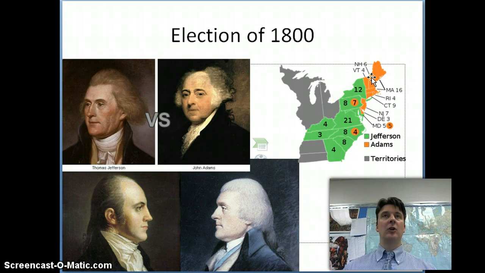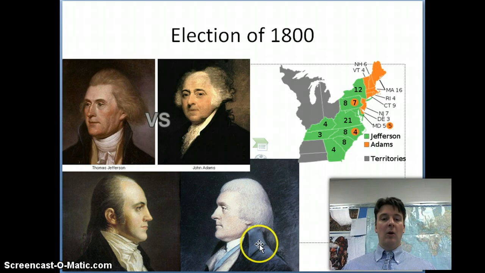The whole problem was that you were supposed to vote twice, once for the president and once for the vice president. As a result, all the Democratic Republican electors in these green states here, they cast 1 vote for Jefferson and 1 vote for our good friend Aaron Burr. As a result of the election was tied between Jefferson and Burr. So it went to the House of Representatives. That is what happens in the case of ties. It goes to the House of Representatives, and each state gets 1 vote. So even if, like, you're California today and you have 55 electoral votes, California only gets 1 vote.